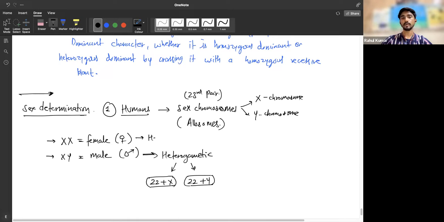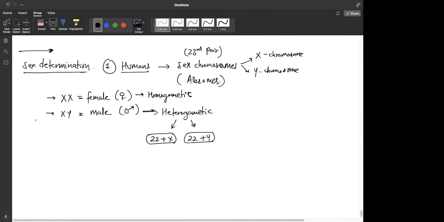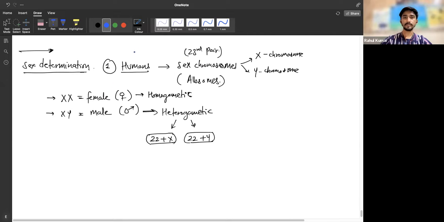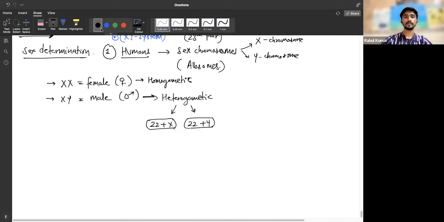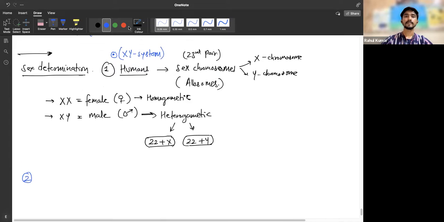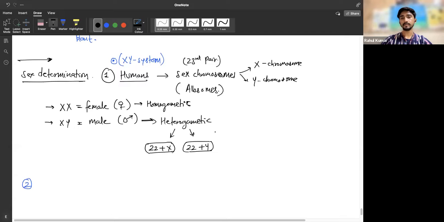Human females are homogametic, which means they form only one type of gamete, which is 22 chromosomes plus X chromosome. So is it clear? Now this type of sex determination that happens in humans is known as the XY system. Okay, this is what we have studied till now. Now we are going to study some other systems as well. For example, there is another different system. So this XY system happens in humans and also apart from humans. It happens, write down,